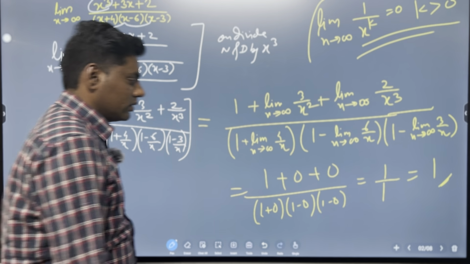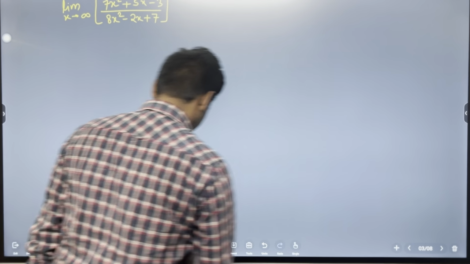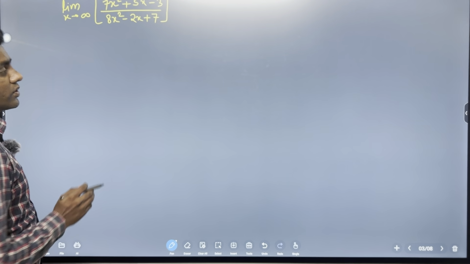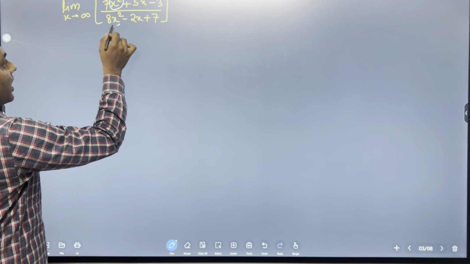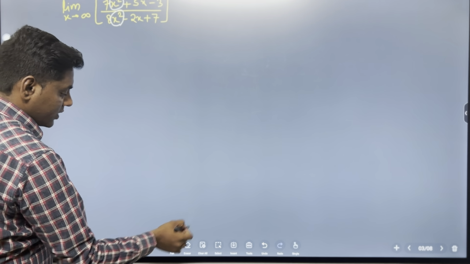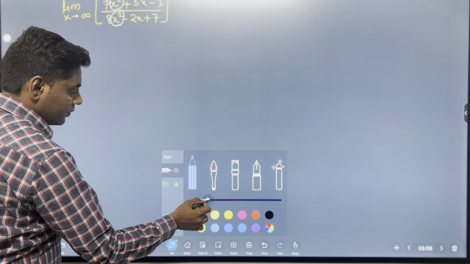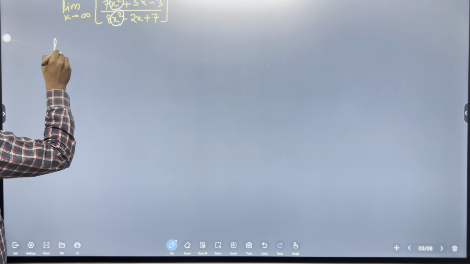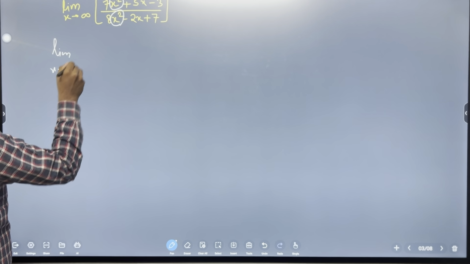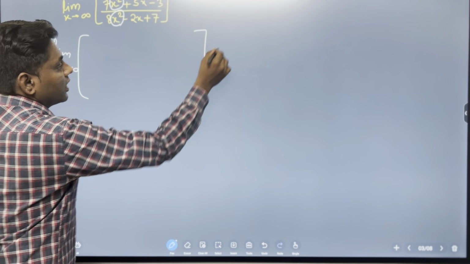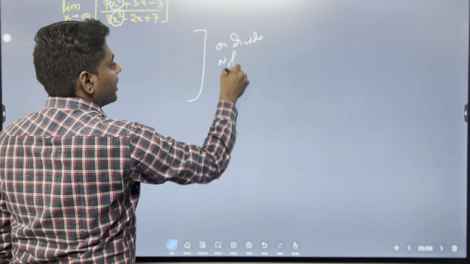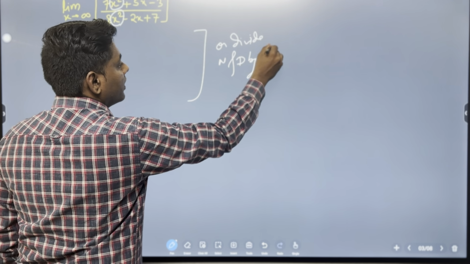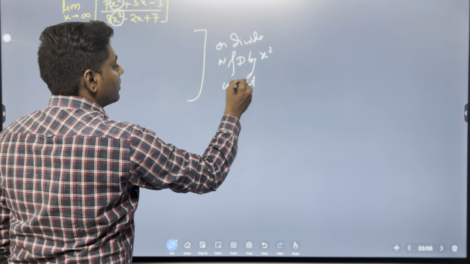So we go for the next example. The example is again very easy. First observation, we just have to observe what is the highest power of x. Here the highest power of x is x square. So therefore, limit x tends to infinity. Similarly, we divide the numerator and denominator by x square, we get